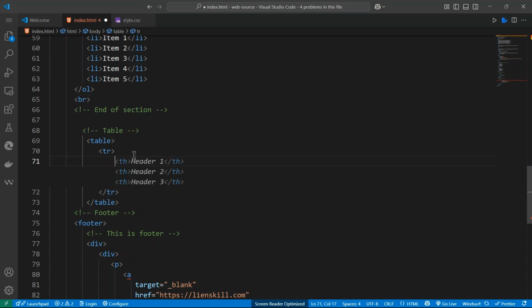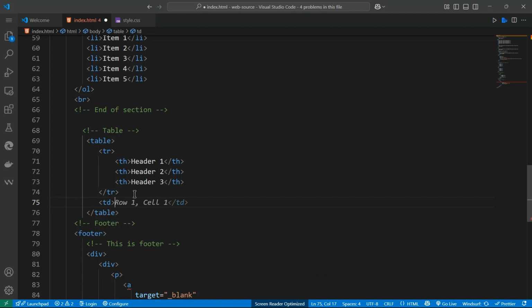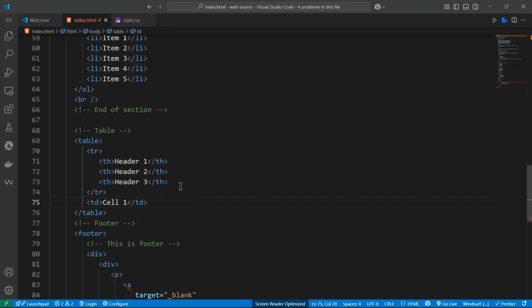Let's say, for example, let's follow this suggestion from AI. So we can show head 1, head 2, and head 3. That is for the table row, and then we have table header, which is this one. So we also have TD, which stands for table data cell. So we can do TD. Okay, table data cell. So if I just save this one,